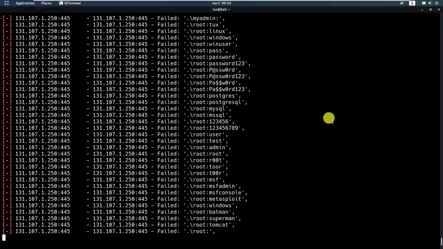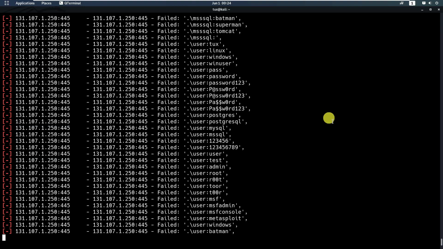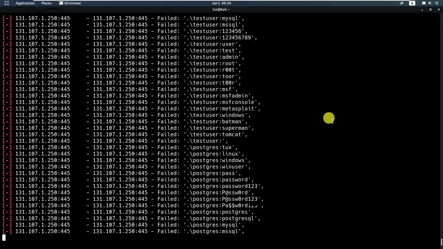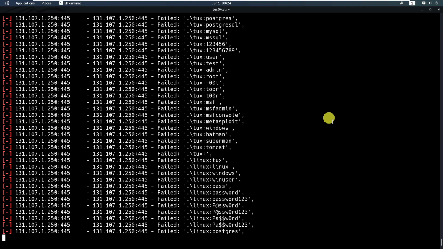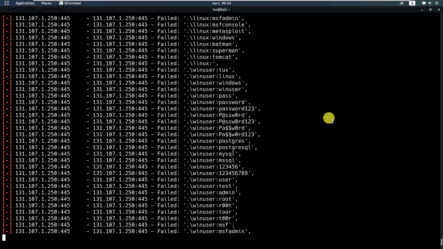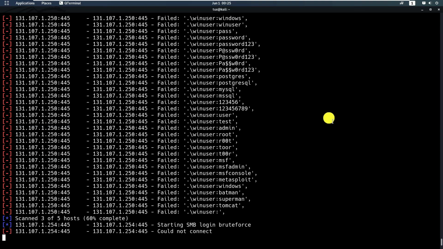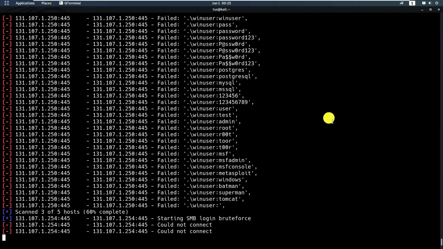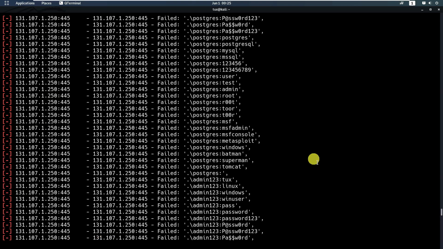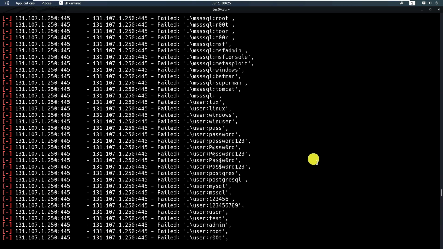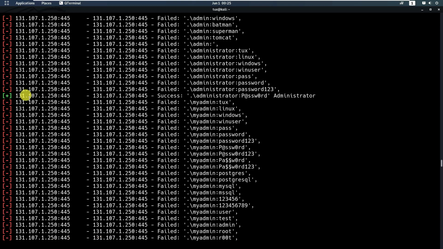I think we got several hosts with the same passwords. Okay, let me leave it running for a while. It's almost done. Okay, scan 3 out of 5 hosts, 60% complete. So, okay, done. Let's see how many passwords we have, or we have successfully got a password. So we got 1 here,